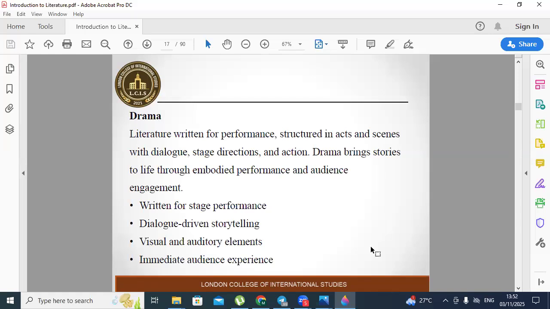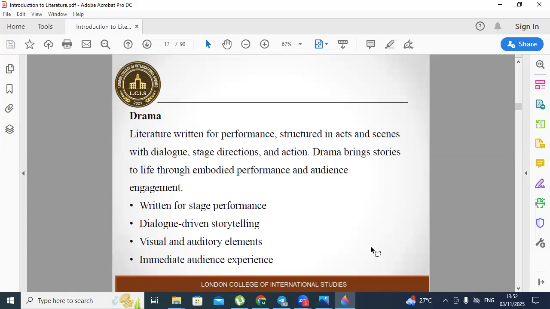This double nature creates distinctive analytical challenges and opportunities. When reading drama, we must imagine performance possibilities while attending to textual details. We must see and hear the play in our mind's theater. Key features include